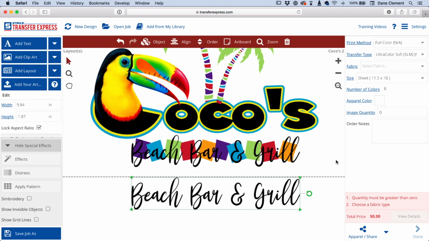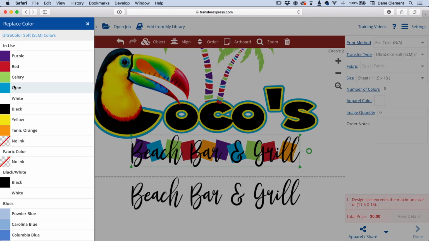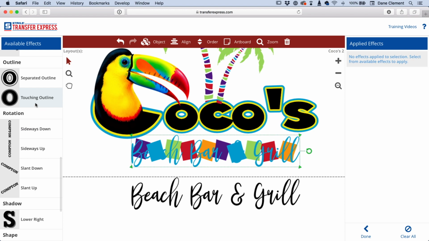So I'm going to grab my move tool, click on it. Okay, so let's go ahead and change that color. We're going to come over here to my effects and click on my face color here. And let's make it cyan. And let's go ahead and add a stroke to it. Now, there is no just add stroke tool like there would be in CorelDRAW or Illustrator. So let's go ahead and hit effects, and let's try this touching outline, I think we can make it work. So we select that,